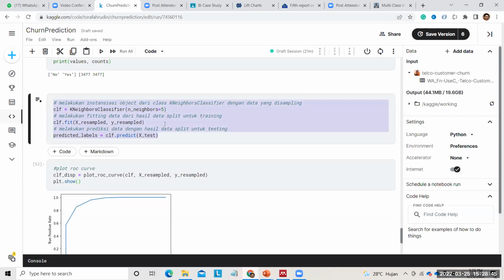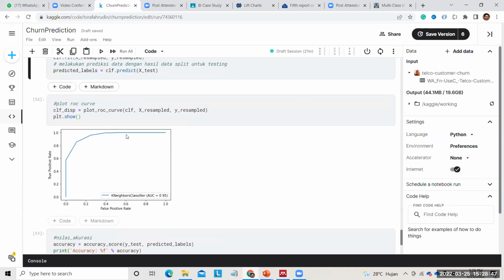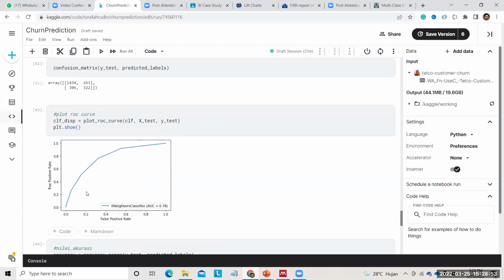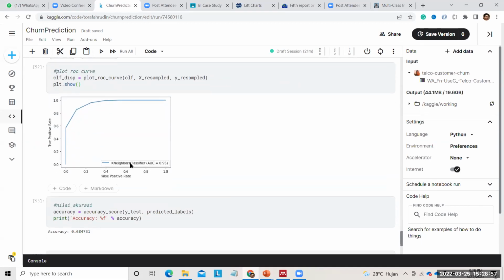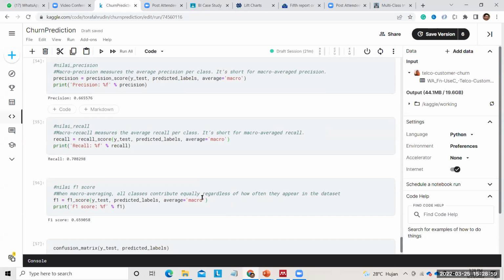We use KNN again, and this is the ROC. We can see that the line is higher than before.